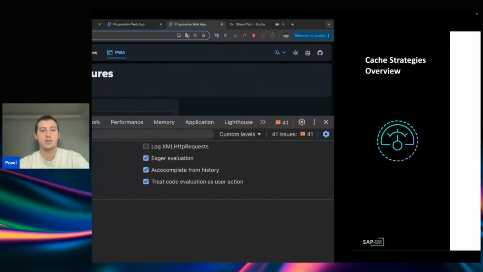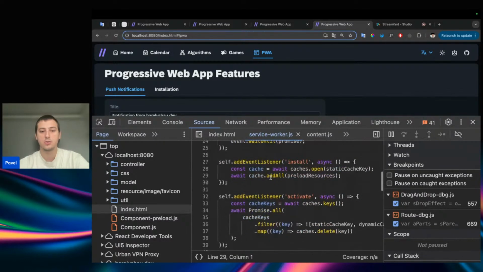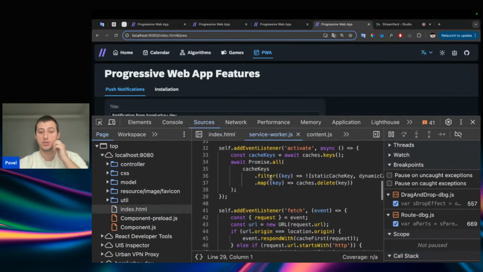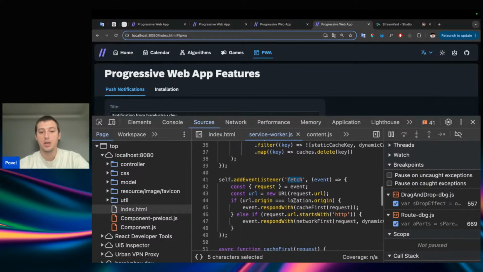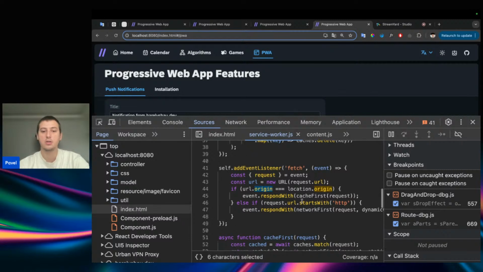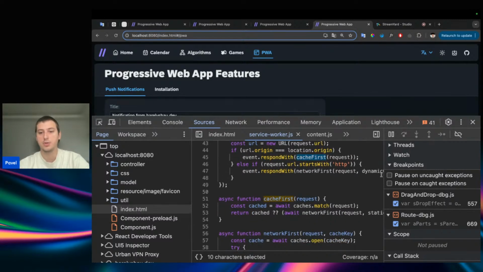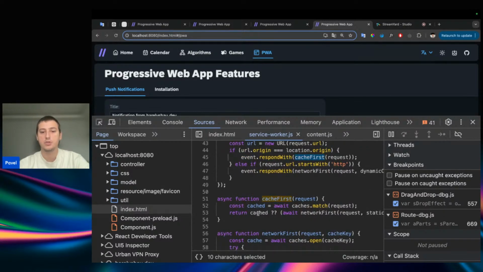And let's see an example of the implementation of these strategies. All these things are applicable to the fetch event in our service worker. And here I'm using the following logic. I'm checking whether the origin of the URL is the same. It means that it's my static files. Then I'm returning with the cache first strategy. Here the implementation is pretty simple. It just returns data from the cache. And if there is no such data, I'm using network first as well